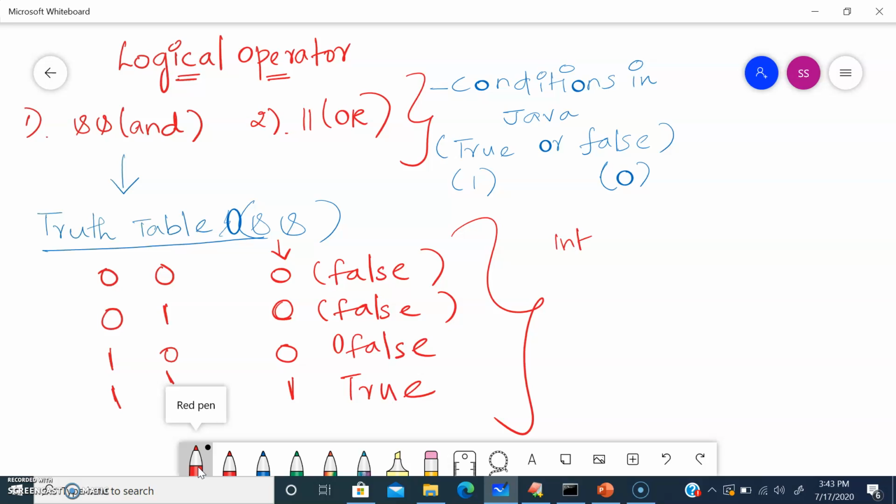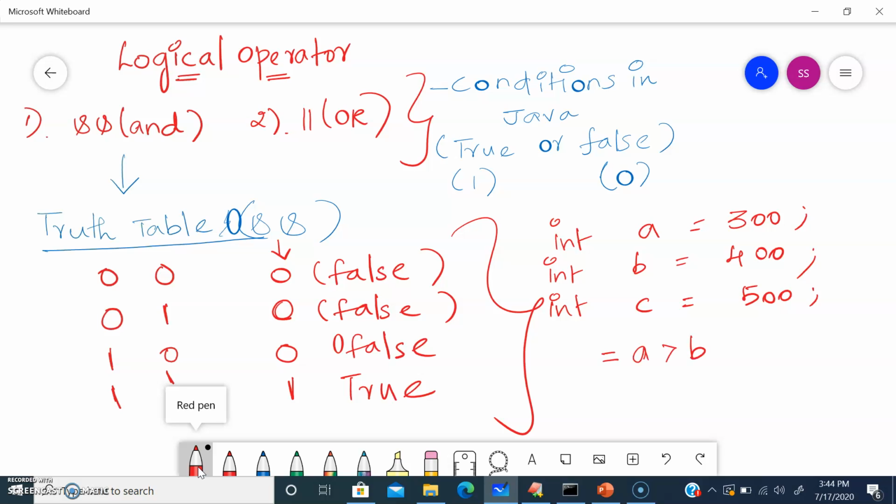For example, int a is equal to 300, int b is equal to 400, int c is equal to 500. Now I am going to check a is greater than b, and a is less than b.